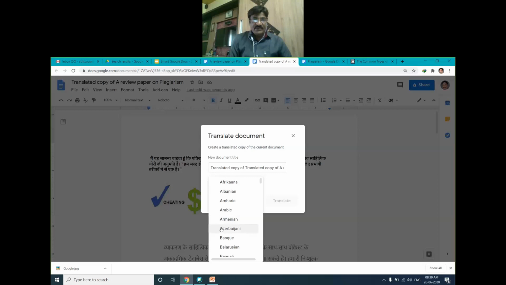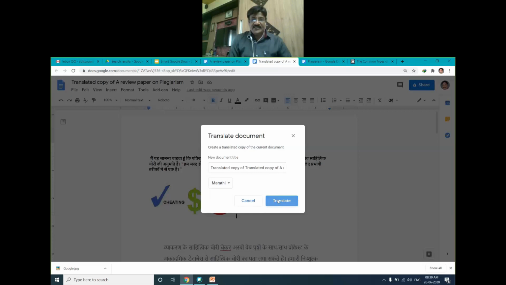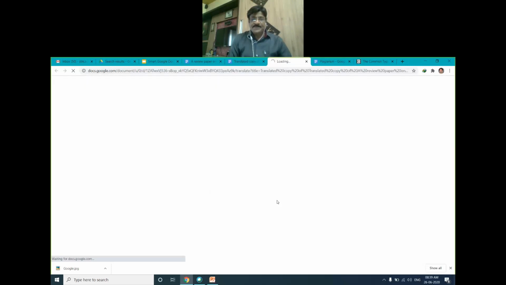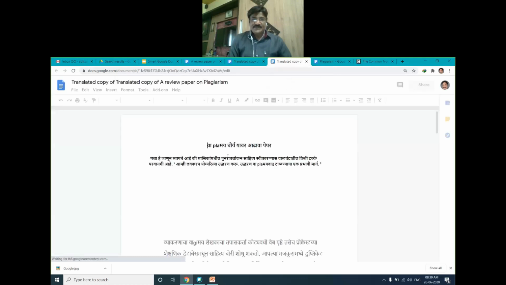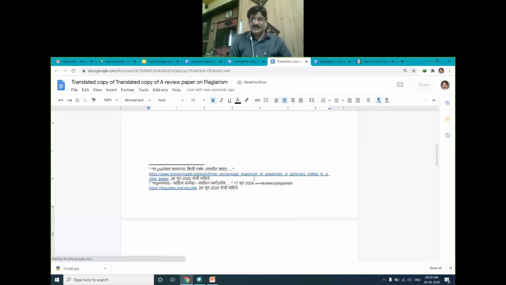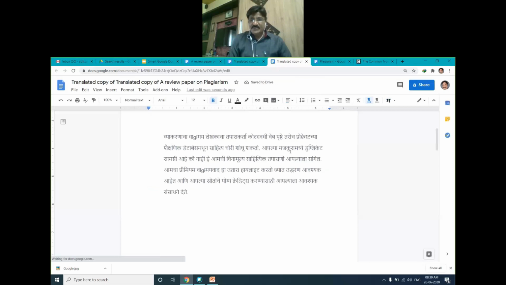Now it is in Hindi, so I would like to convert it into Marathi. And translate. Okay, so again it will create a new file. Okay, remember some changes might be needed from your side also. Google is not going to convert exactly.